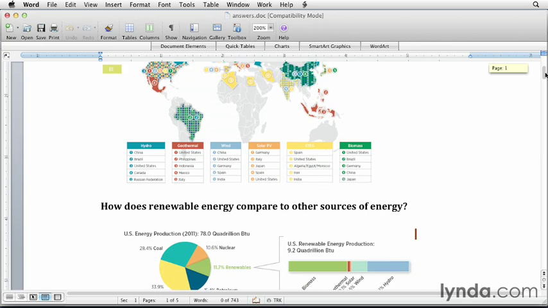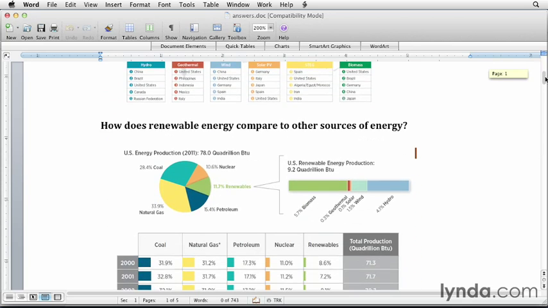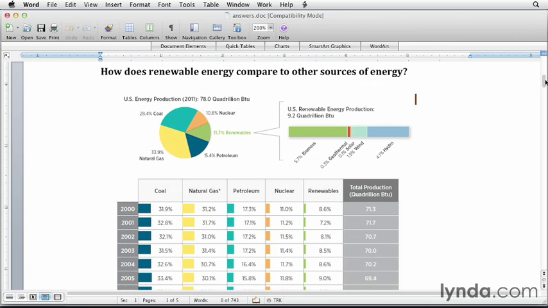How does renewable energy compare to other energy sources? I found this great chart in one of the reports that just spoke about the breakdown. In fact, when I looked at this, I'm like, wow, that's a really interesting data point. Like just being able to know how much of the energy that a certain country produces is actually produced via